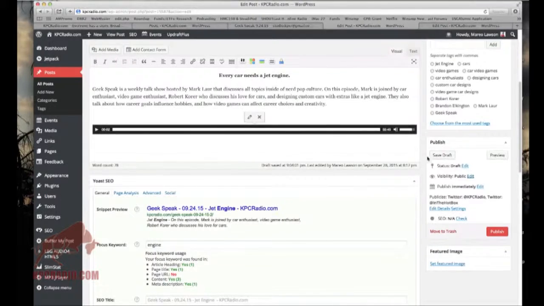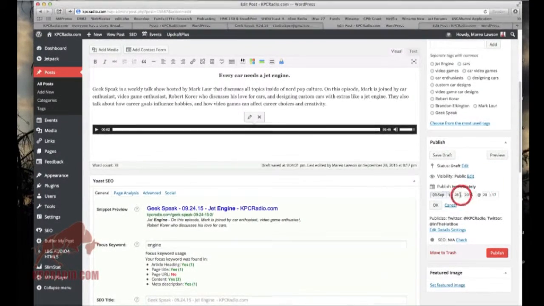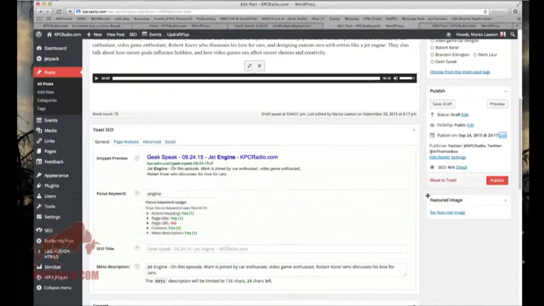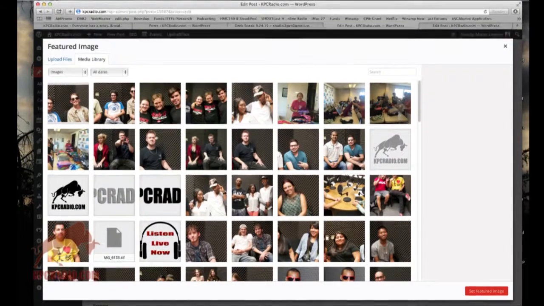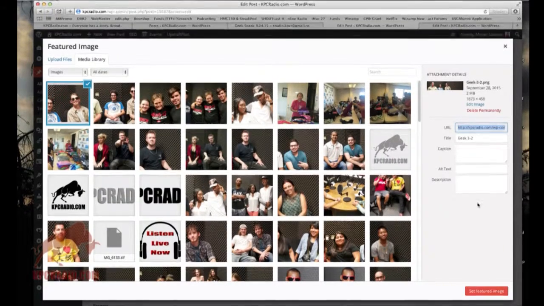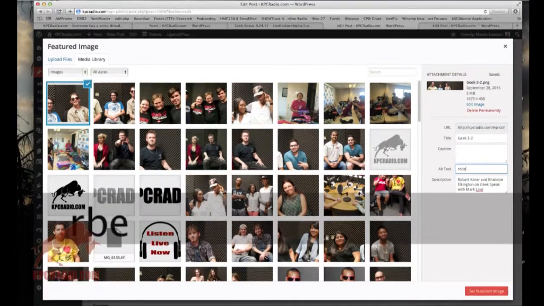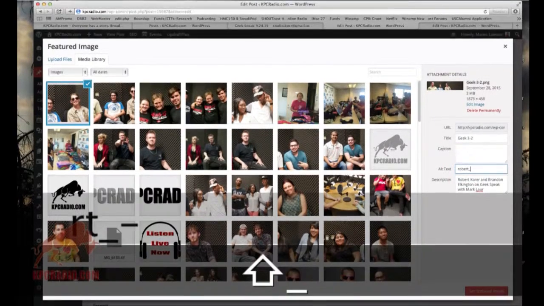And then on the right here, because this post was supposed to be on the 24th, I'm going to go ahead and change the date to the 24th, hit OK, and add a featured image. Now that's when I'm going to add what I copied to the description. And I'm going to go ahead and put Robert in the alt tag area, underscore Brandon,